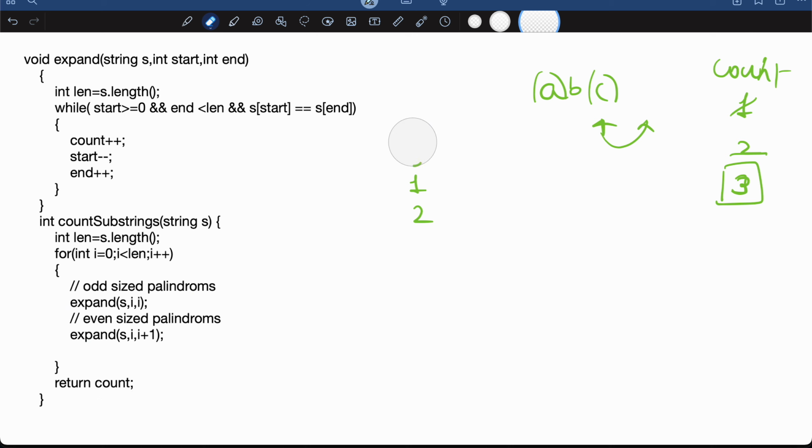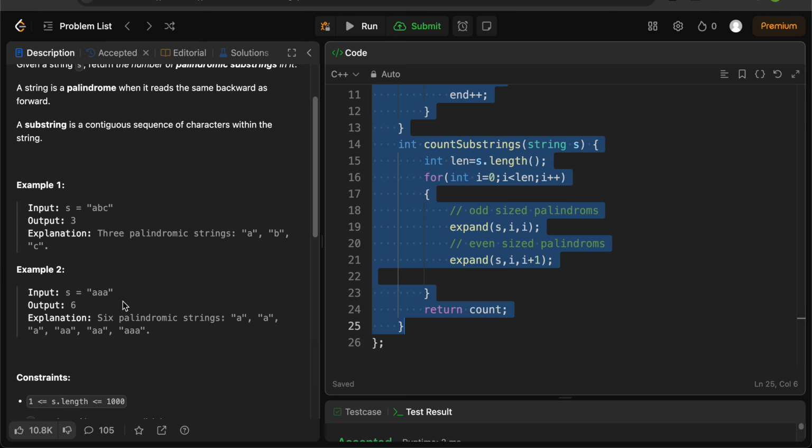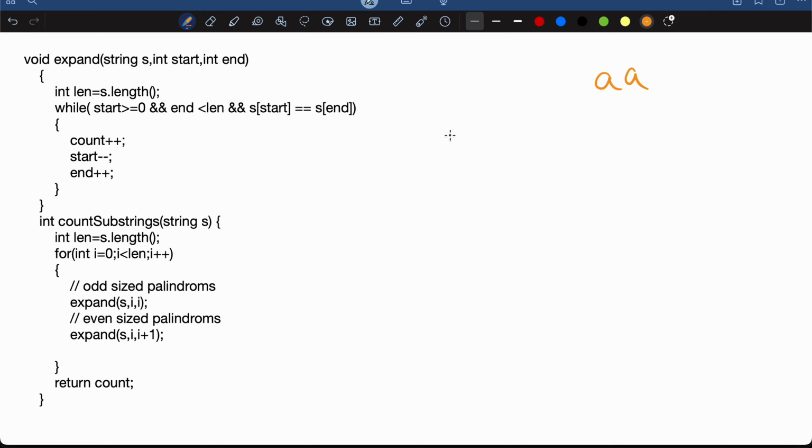Here all the characters were different. Now let me take AA. All right, so you can figure this out by seeing this explanation. String is AA, size is 2. I have passed AA and 0 0 initially. Count will be increased. This will become true, this will become true, and this will also become true, as there is only a single character. Count will become 1, and as start will become -1, I will come out from the function call here, and then